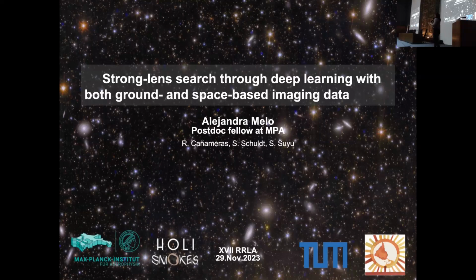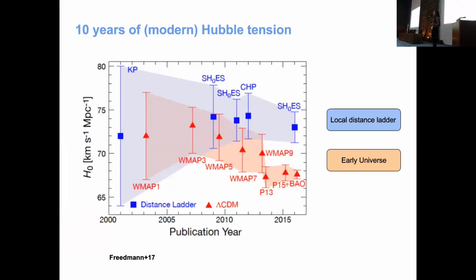doing this lens search. We have seen in the last 10 years that there has been a discrepancy between the measurements of the Hubble constant from the local distance ladder, which is based on the Cepheid distance scale, and the ones from the cosmological model of the cosmic microwave background. This tension has caused scientists to look for new ways to measure the Hubble constant. And one very direct and independent way is using gravitational lensing.